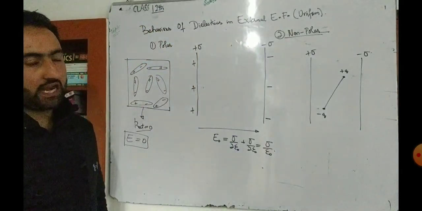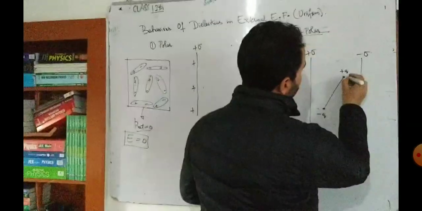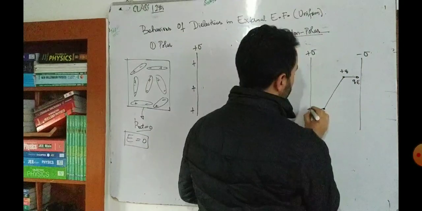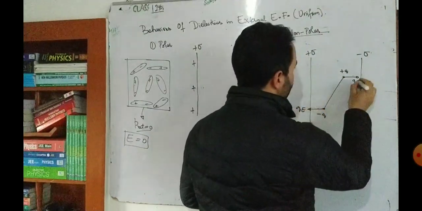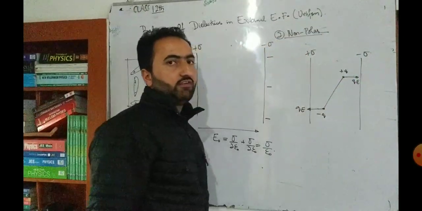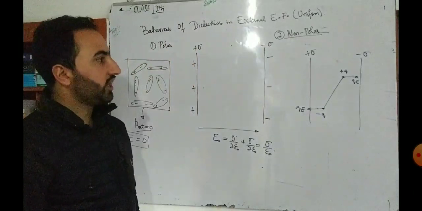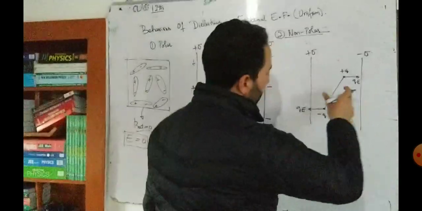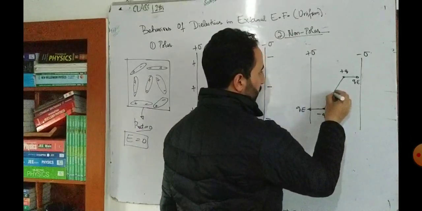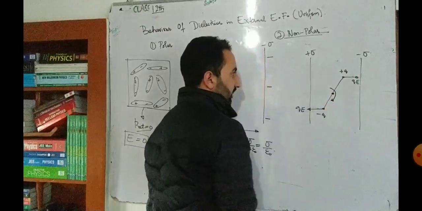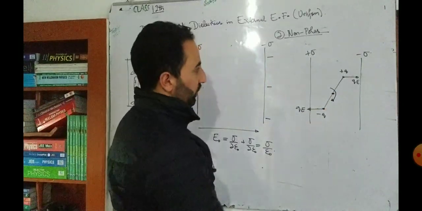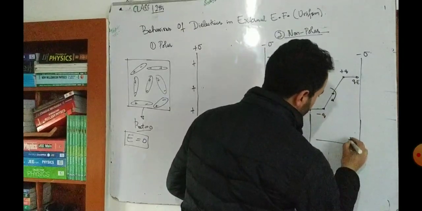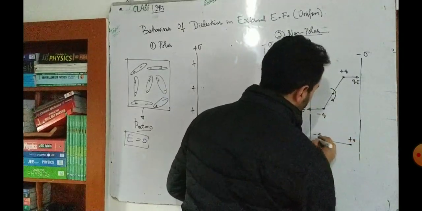Obviously, it will experience a torque like this. This charge experiences a force in this direction, Q multiplied by E. This one experiences a force in this direction, Q multiplied by E. Now this QE and this QE form a couple, and hence will tend to rotate the dipole in the direction of the electric field, about this axis passing through its center. It will tend to align the dipole in the direction of the electric field like this: here plus Q, here minus Q. That's what happens to this.